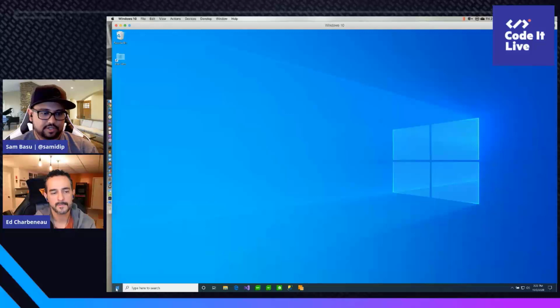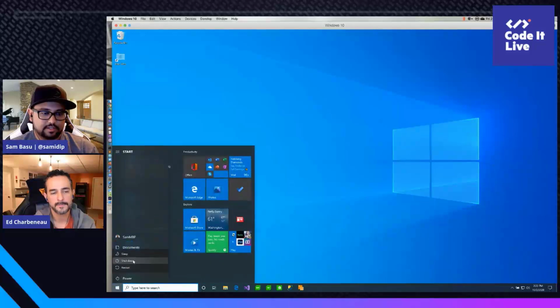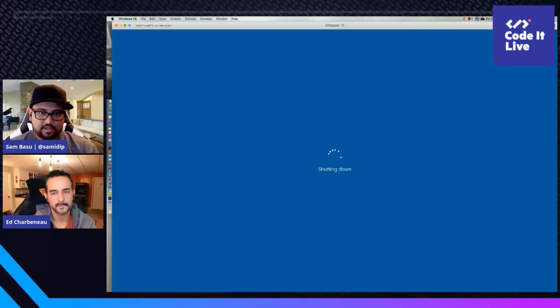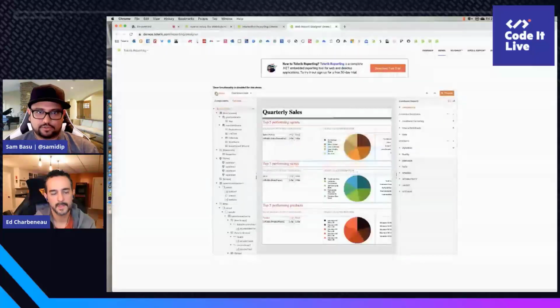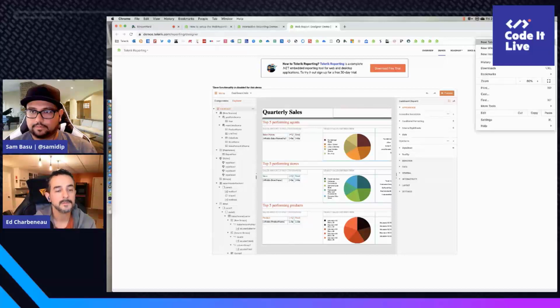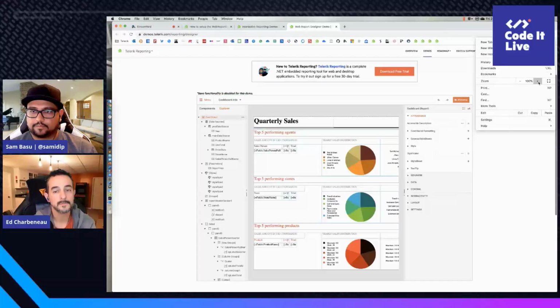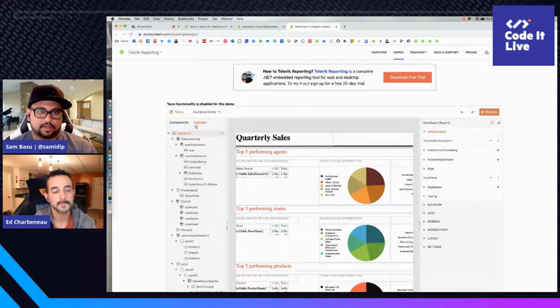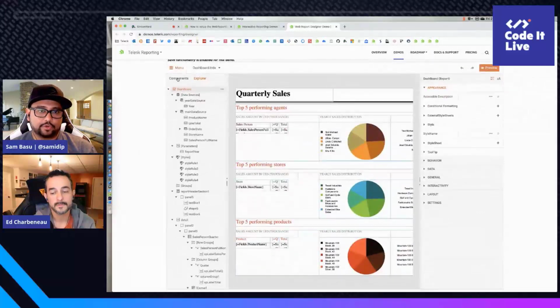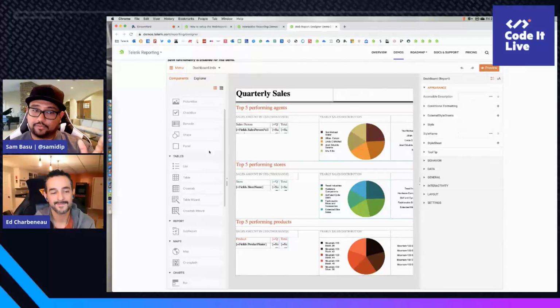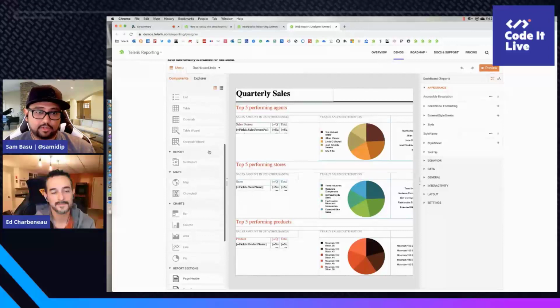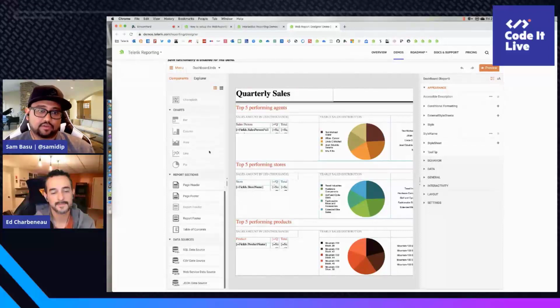Let me go ahead and shut down my VM so it's not sitting there chugging through my memory. Where's my browser? There you go. So this one here is pretty sweet, and I will bump this up a little bit. If you look at the components here, this is drag and drop: picture box, barcode, shapes, different types of tables, charts and graphs, obviously, that's what we are known for. You get to just drag and drop. It's a what-you-see-is-what-you-get type